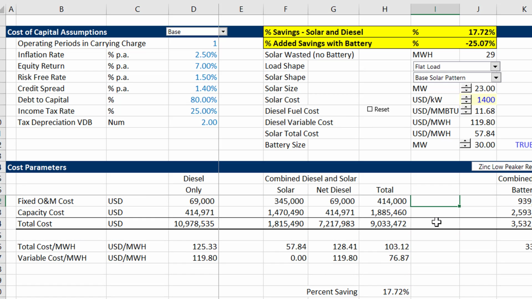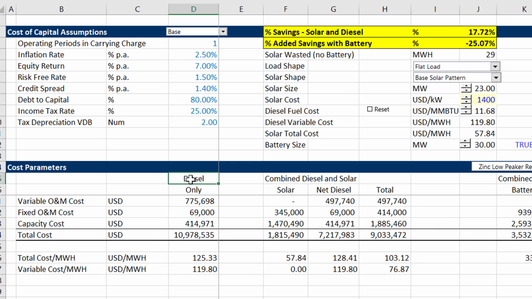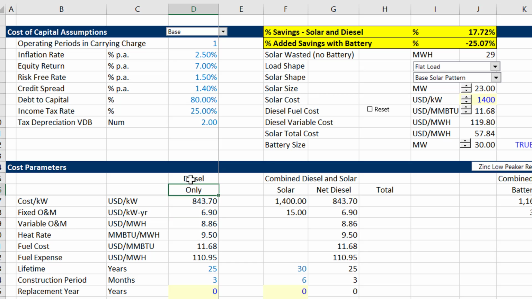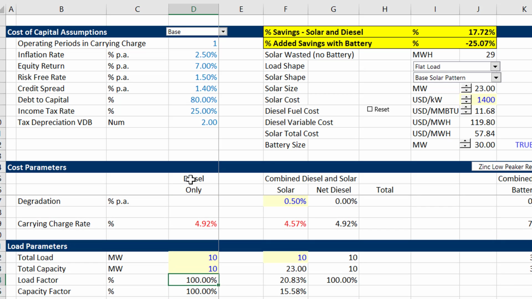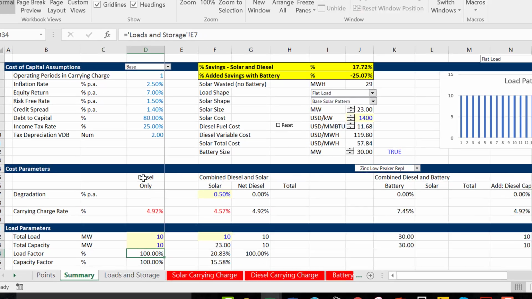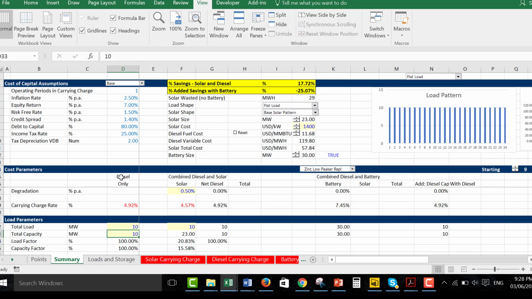But the key thing here is we have a scenario where we're going to compute the levelized cost of diesel. It's just a levelized cost analysis where we start with the cost per kW, put the fixed cost in, put the variable cost in, and the final thing that's really necessary is we need some sort of capacity factor. And if this is an island, I'm saying the capacity factor and the load factor are the same thing. Capacity factor measures the percent of time you run a plant. Load factor compares the